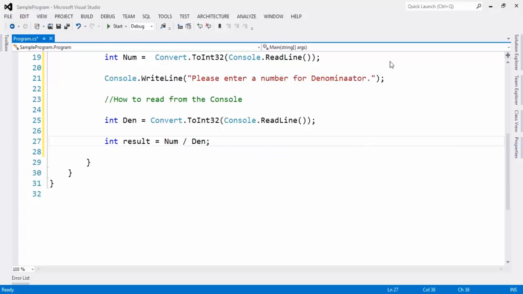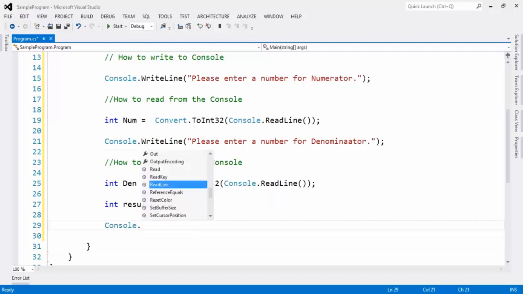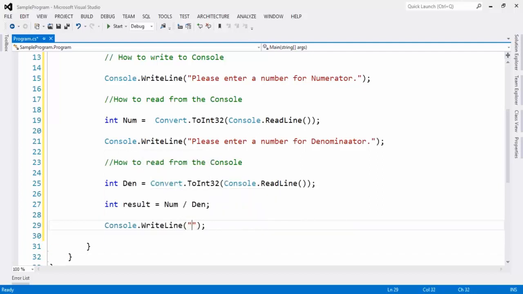Okay, now we want to display to the user the result of whatever the user is entering. To write something on the console, again we will be using Console.WriteLine. Here, result is, like this.